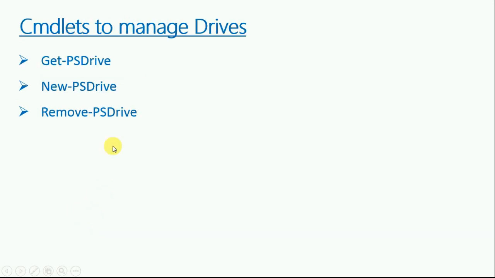And here we have three cmdlets using which we can work with PS drives. Those cmdlets are Get-PSDrive, New-PSDrive and Remove-PSDrive.